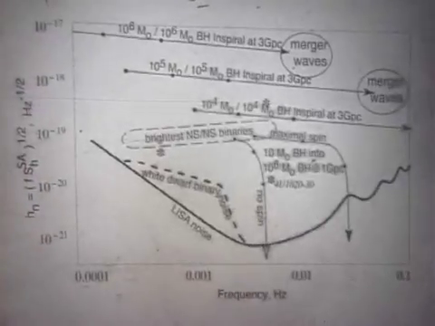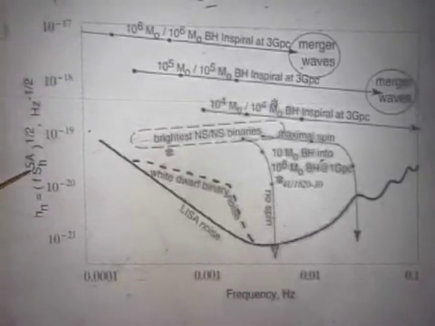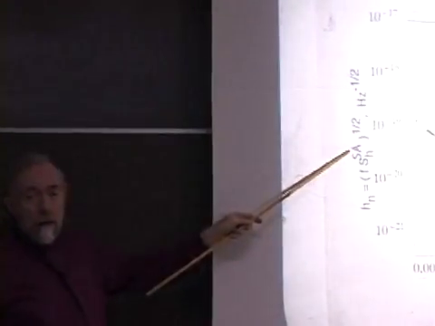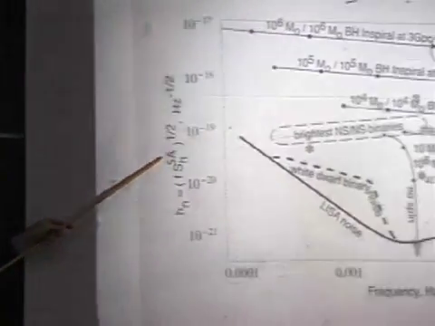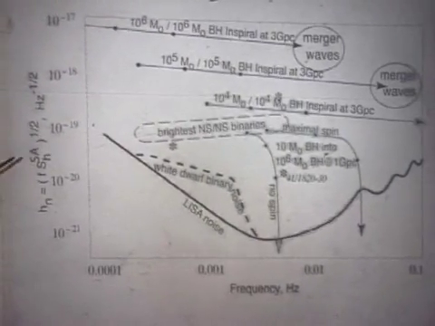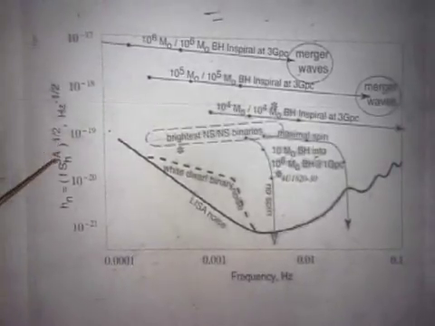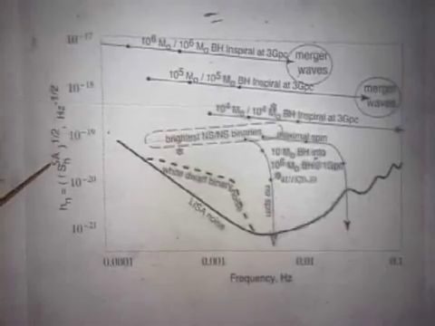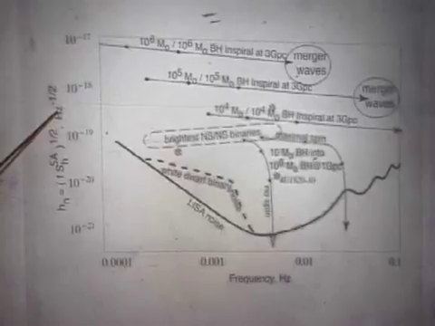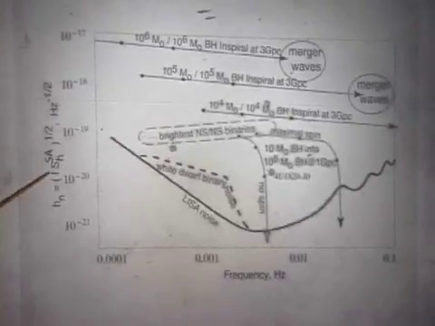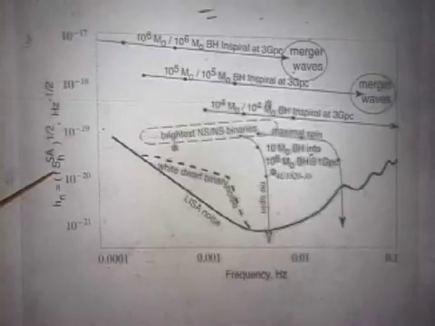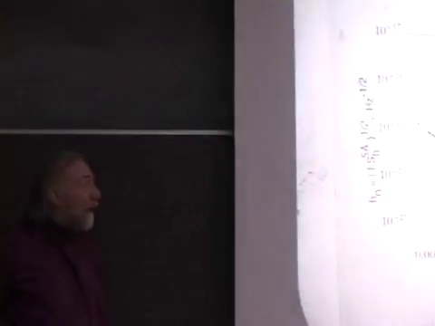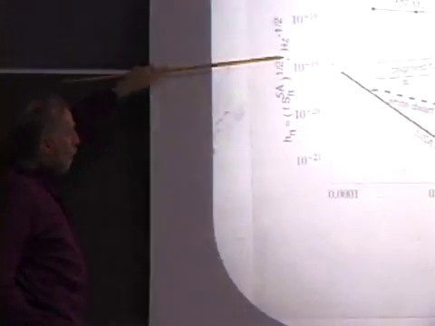Plotted vertically is the square root of the spectral density of the gravitational wave noise of the detector, a quantity that we will learn more about in a sophisticated sense from the theory of random processes next term, but a quantity that you have dealt with before. And as you recall, this is something which has dimensions of dimensionless gravity wave strain or gravity wave field per square root of hertz. And you're to multiply this by the square root of the bandwidth over which you collect a signal in frequency in order to get the signal strength, or in order to get the noise that that